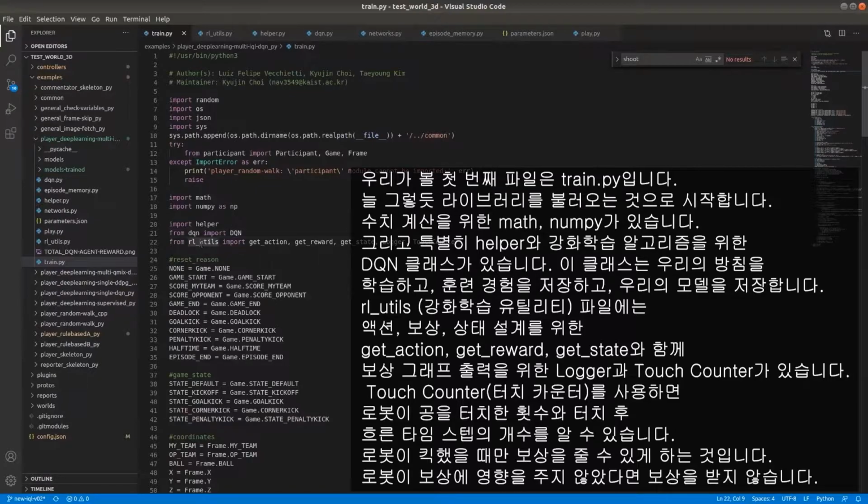And from reinforcement learning utils, we have our get action, so it's our action design, our get reward, that's our reward design, and our state, which is our state design, and also two more things to help us. That is a logger that will help us print and plot the graphs for us to see our reward,